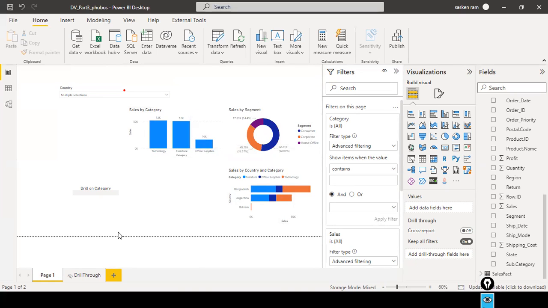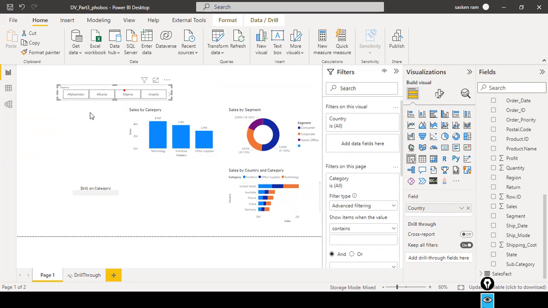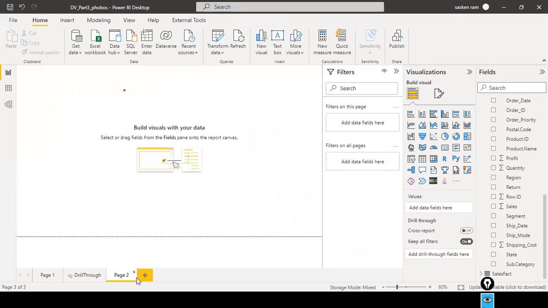Now we are discussing sync slicer. So now I want to sync up this slicer. Let me do one thing. I just make it a list, and it is in a vertical orientation now. I want to keep this visual across all the pages. In this case, we have only two pages. Let's say in a real-time scenario, you have 2, 3, or 10 pages. On all the pages, the same slicer